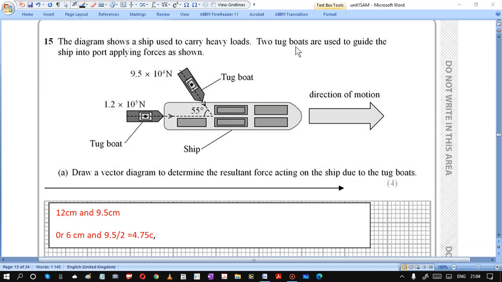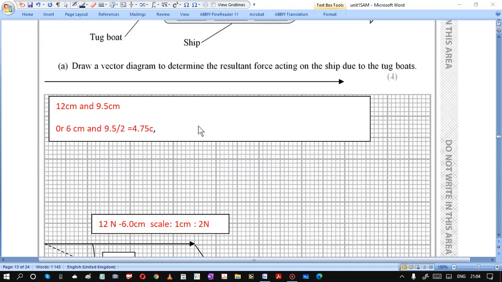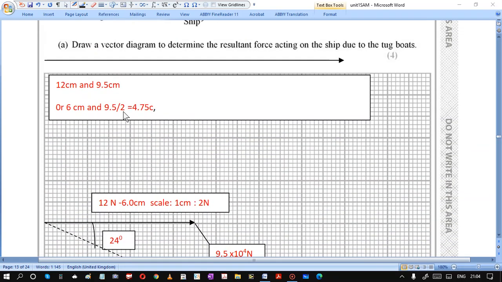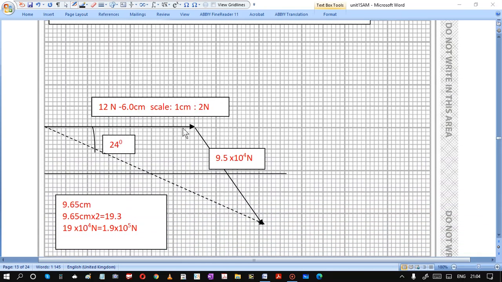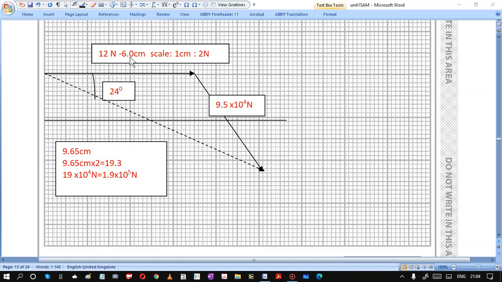The diagram shows a ship used to carry heavy loads. 2 tugboats are used to guide the ship into port, applying forces as shown. So we have 2 forces at 5 degrees to each other. So we have graph paper. We use a scale, for example, 12 newtons is 6 centimeters, so it means that 1 centimeter will be 2 newtons, and then we find